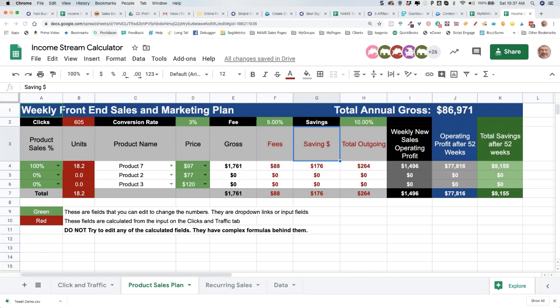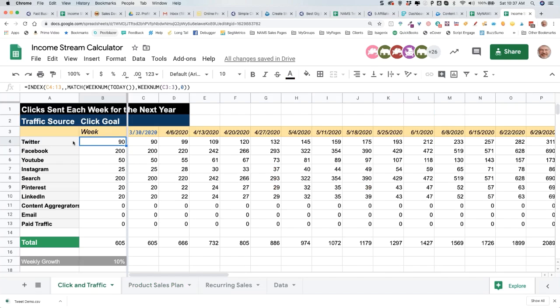predict your business. How do you track where the traffic comes from? That's a completely different ball of wax. This is not a traffic tracking tool. This is a traffic prediction tool. So you would want to look at your Twitter account. You would want to see how many clicks you got from your Twitter account this week, and sometimes each one of these guys will give you some analytics in the background, or you can use third-party tools and